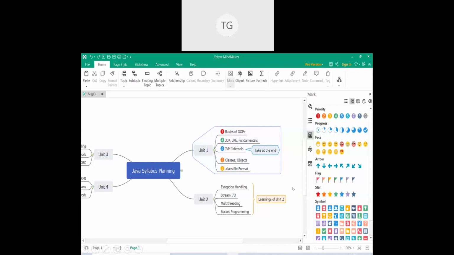Then there are certain other options like face, arrows, flags. Flags are like if something is really important, you want to mark that, you can use it, right? So some certain other options also available for marking. Next are